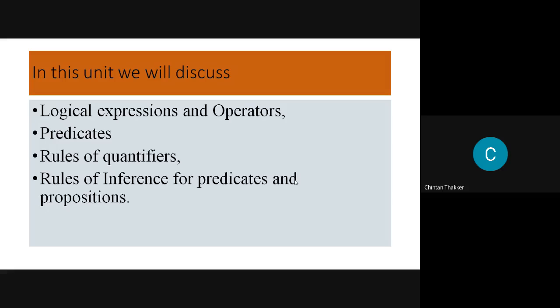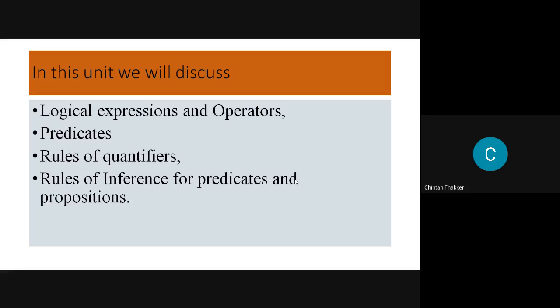So first we understand all the statements: conditional statements, then biconditional statements, tautology, contradiction. We discuss the statements and their truth tables.